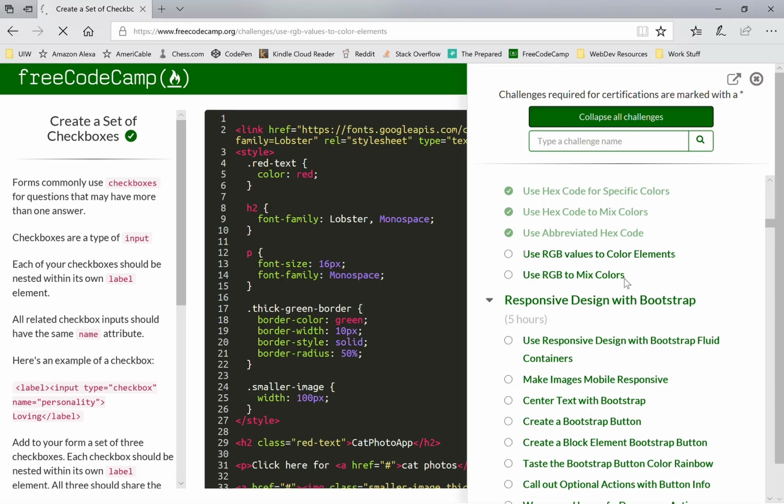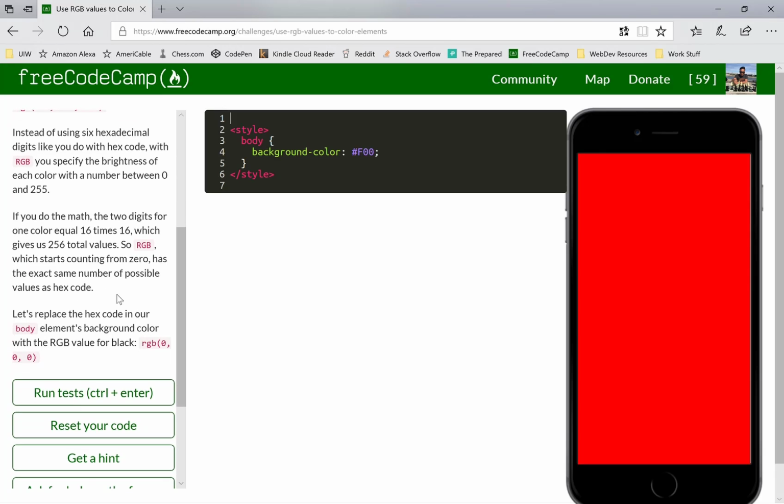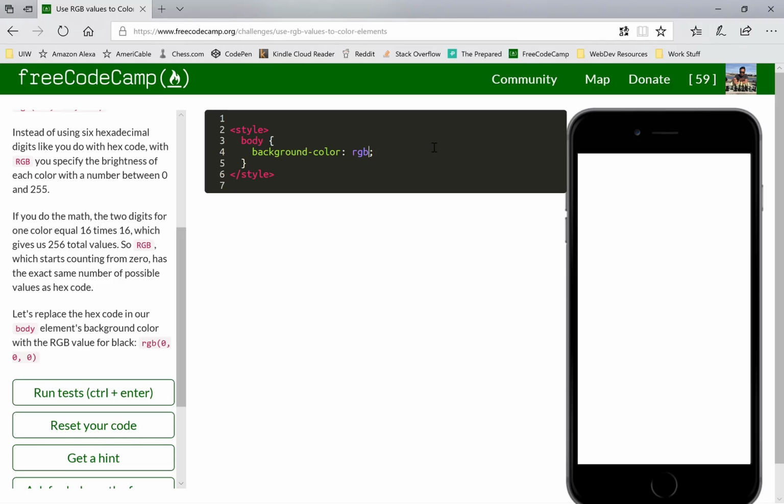There we go. RGB values to color elements. Easy. Okay. So, body hex code, body element, RGB for black, which is 000. That's easy. Just replace